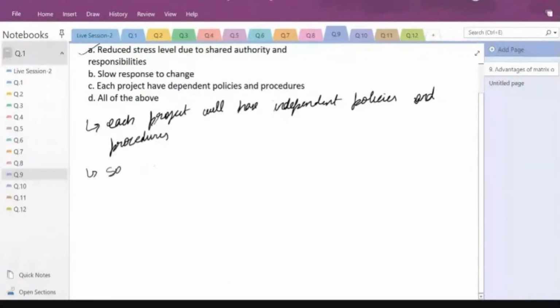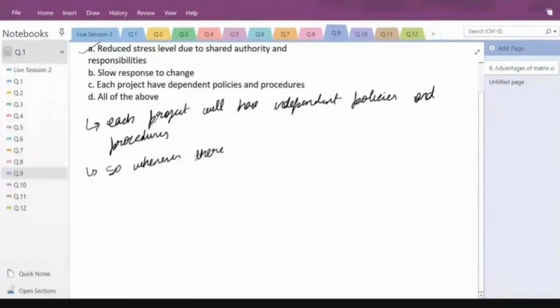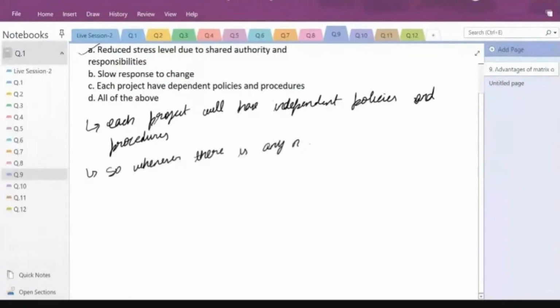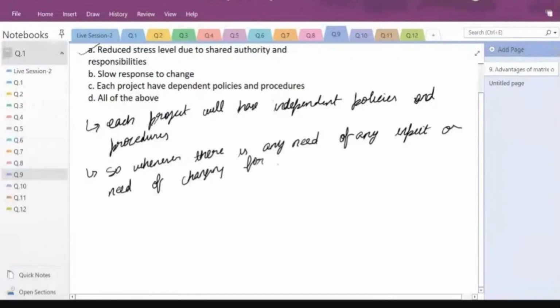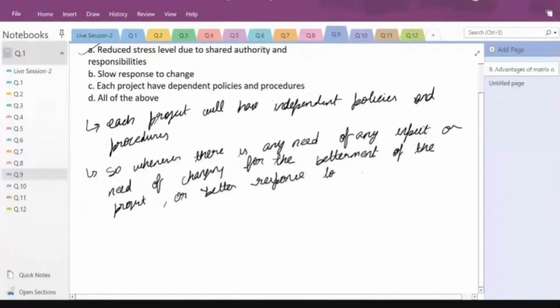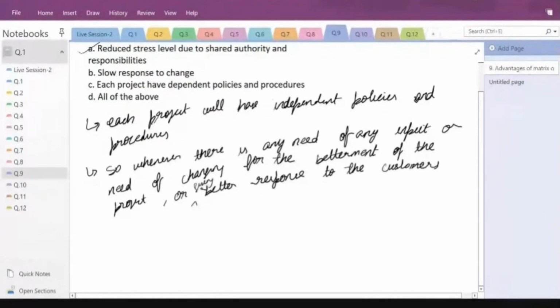So, whenever there is any need of any input or need of changing for the betterment of the project or better response to the customers, giving better response to the customers,